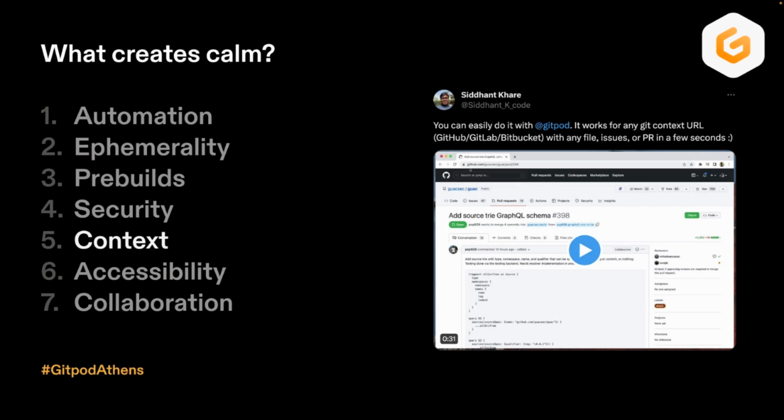As I said, with Gitpod, as you can imagine, I'm trying to think of a good example. If you are a developer who has their code repository in Bitbucket, you can use Gitpod for that. If you have it in GitLab, you can use Gitpod for that. But also, in any file, issue, or PR, you can open a workspace, a cloud development environment, in that specific context. So you can start to change your attitudes towards what it means to have a development environment. You're not stuck in one specific one because you just throw them away depending on which task you need that development environment for.